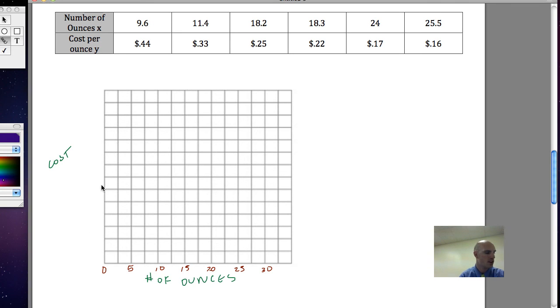And up the side here, this cost, I need to go from about 0.16 to 44 looks like my most expensive one. And so what I'm going to do is I'm going to go in increments of 0.6. So this will be 0.6, 0.12, 0.18,